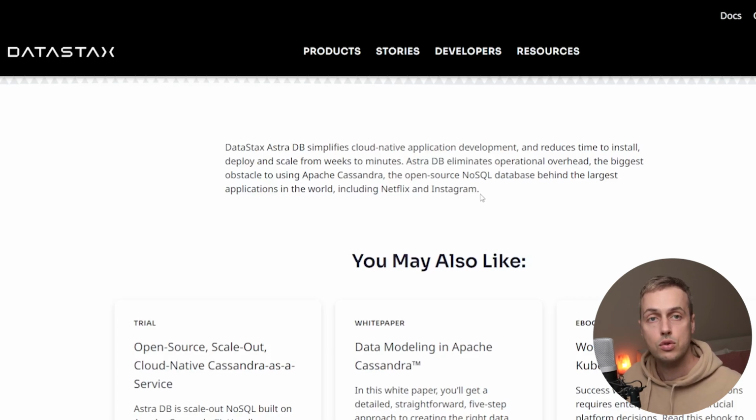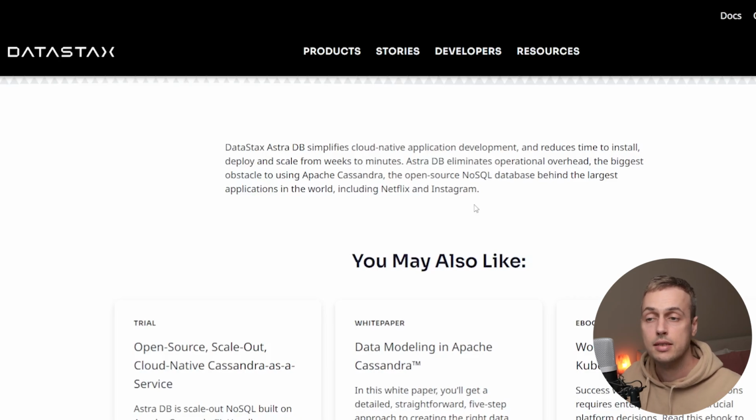So we're going to dive into Astra DB in this video. Cassandra itself is an open source NoSQL database, and this is a very powerful and scalable distributed database system that can handle massive volumes of data. And Cassandra is used by many big names in industry such as Netflix and Apple. I'll leave a link in the description to some case studies that involve Cassandra, but for now what we're going